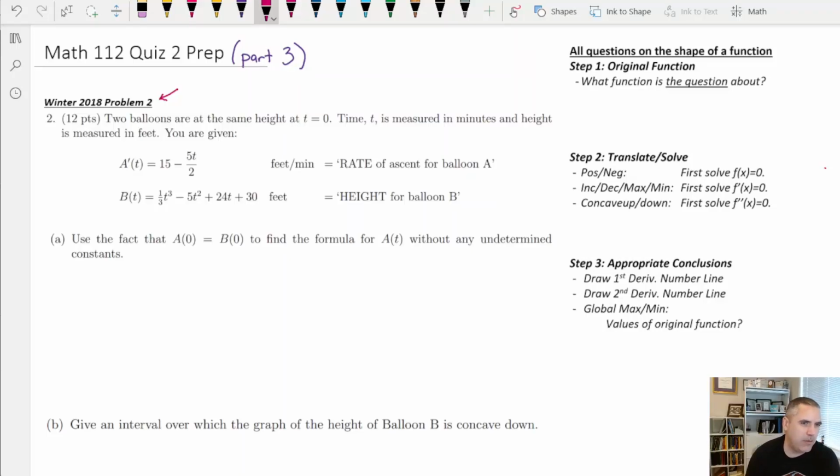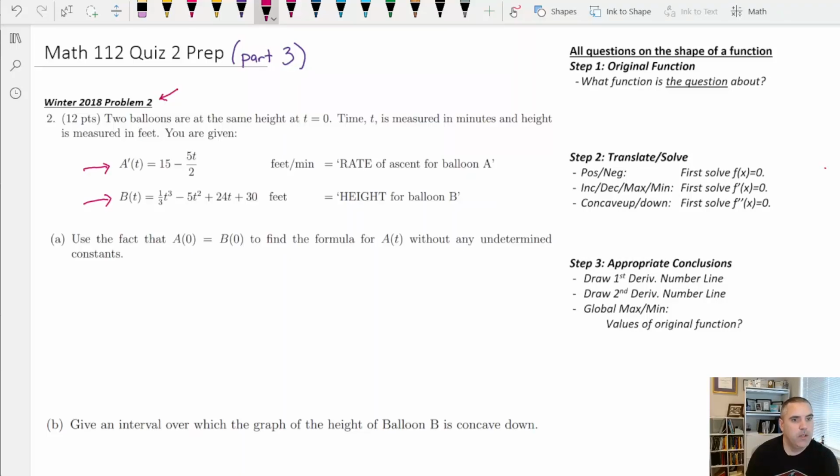Now this one's not vats of water, it's balloons. But it tells you the two balloons are at the same height at time 0. It's very similar to the last question I just did. Time t is measured in minutes. And I'll finish this with visuals like I did in the last one. But they're giving you the derivative or the rate for balloon A. That's like the speedometer speed. And then they're giving you the height of balloon B. And really the point of these questions is to make sure you're understanding how to analyze a function and what